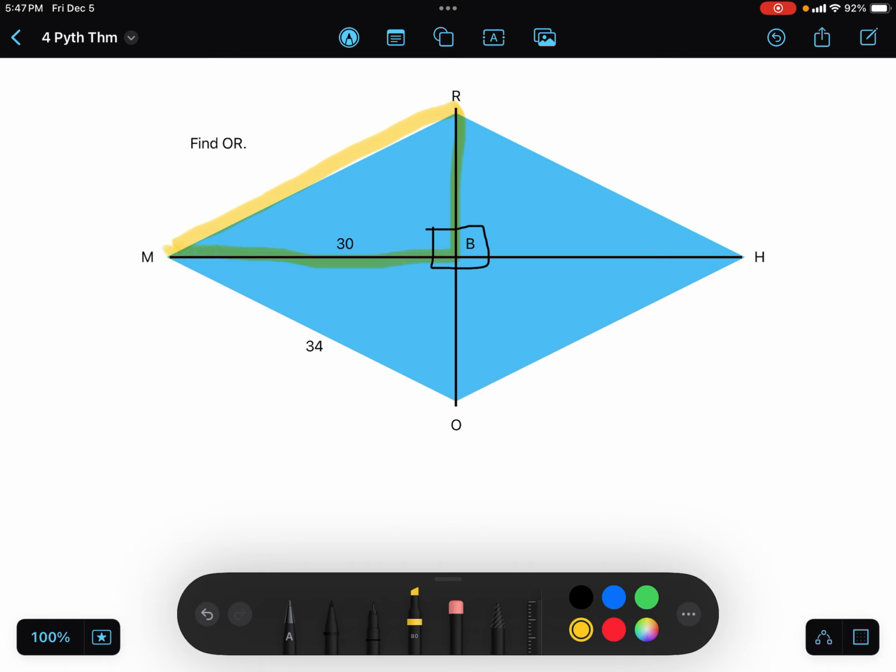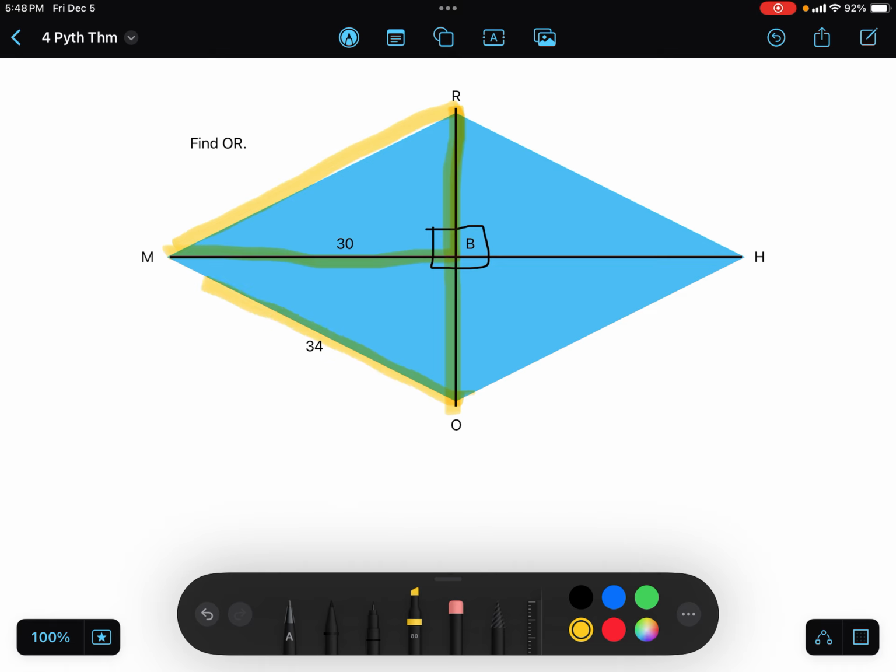So you may be asked to, actually, let me highlight this one here, because we're asked to find OR like that. But we may be asked to use the Pythagorean theorem to find side lengths of some of these individual right triangles. Well, to find OR, it would be really helpful to find,